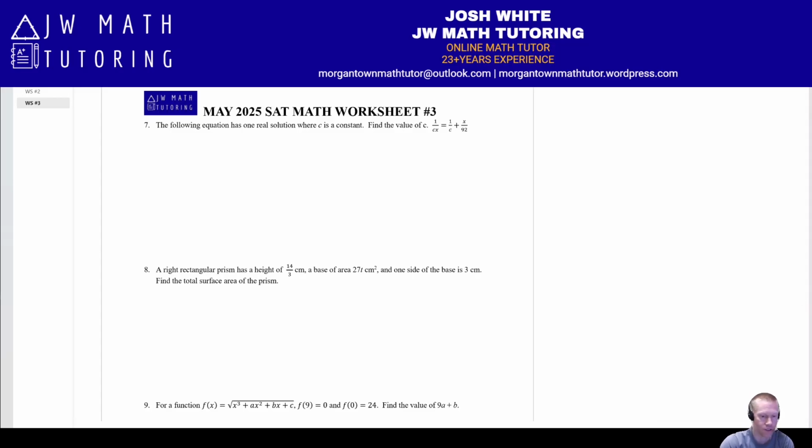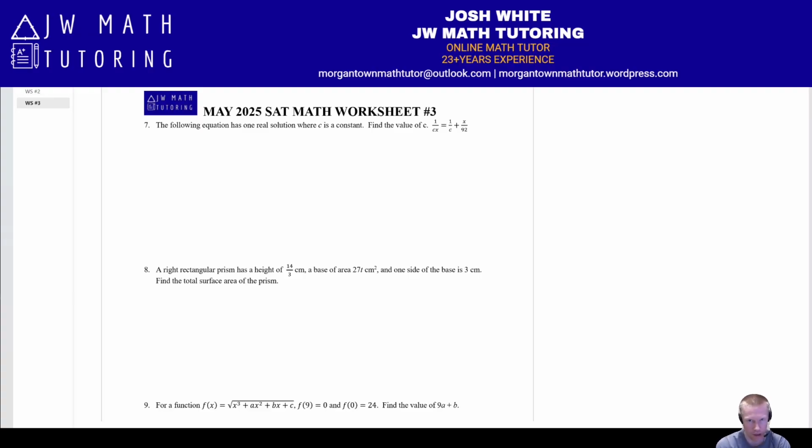This is a repeat question. This first appeared, I think, way back in May or June of last year. This equation has one real solution, and they want you to find the value of C. So, if you're going to do this by hand, I'll show that method first, then I'll show the quick and